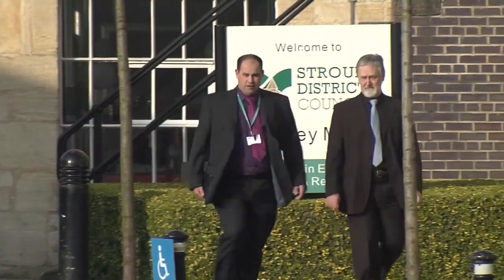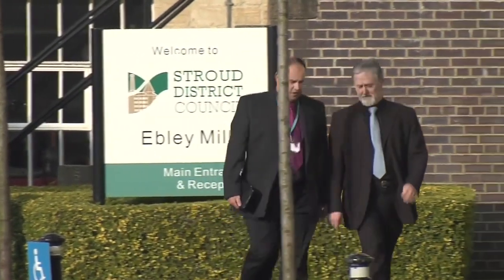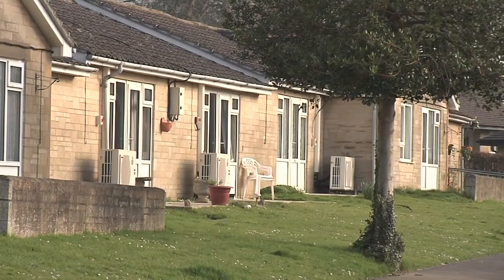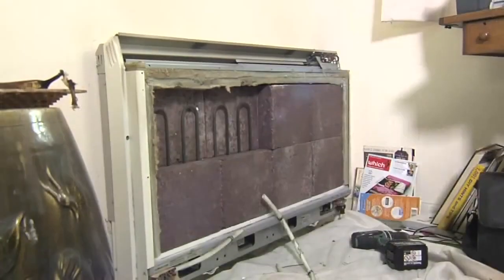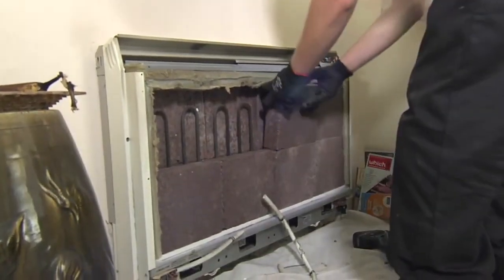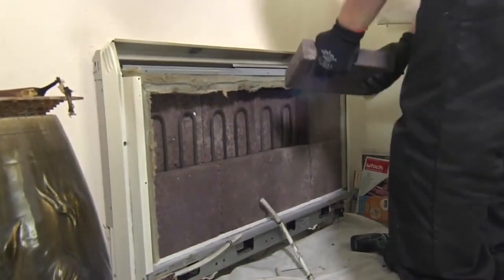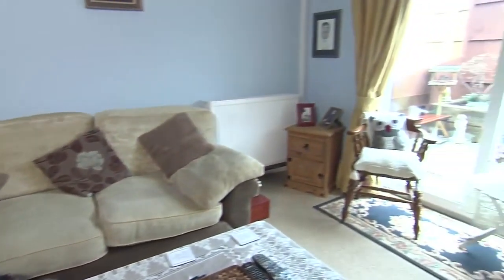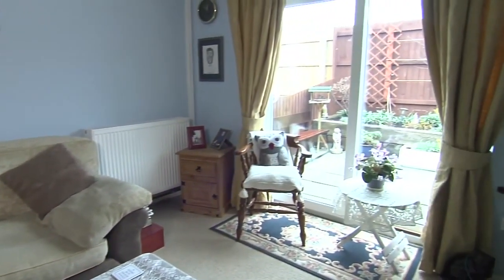I was approached by someone on behalf of Stroud District Council. My involvement was actually to look at the properties from an initial point of view and see whether renewables would actually work. All of these properties had storage heating, so there's no gas. It was a case of coming down, surveying the properties, speaking to tenants, getting an idea about usage and how they use their heating, how much it cost them,